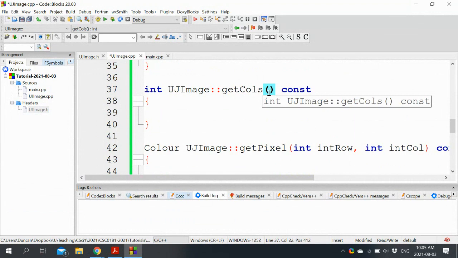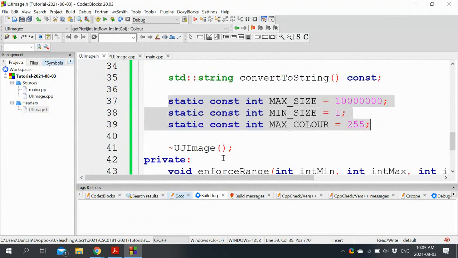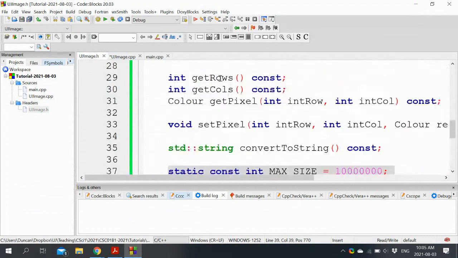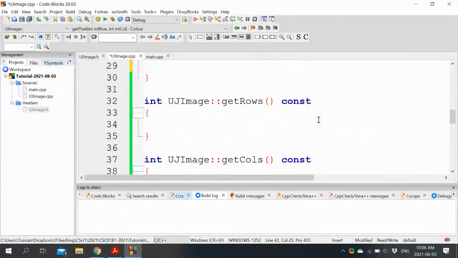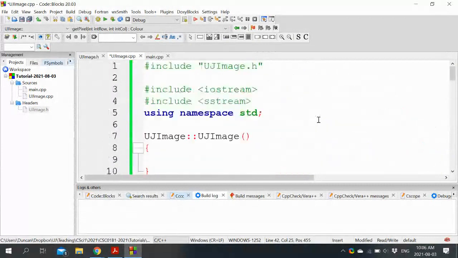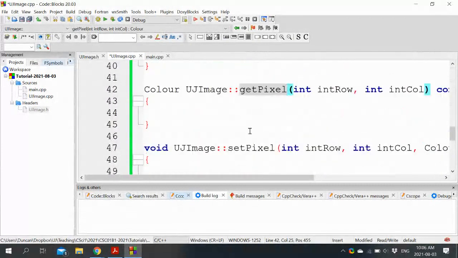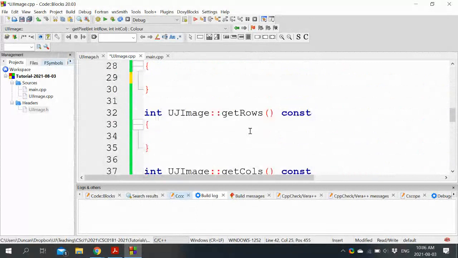It does it with constructors too, but anyway, called this, which is of type UJ image pointer. So that nasty work is all done and automatically binds the implementation functions to their prototypes in the class. So all of that nasty work we did manually gets done automatically for us. That's exactly correct.